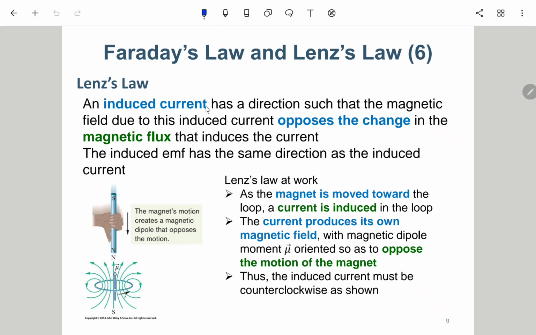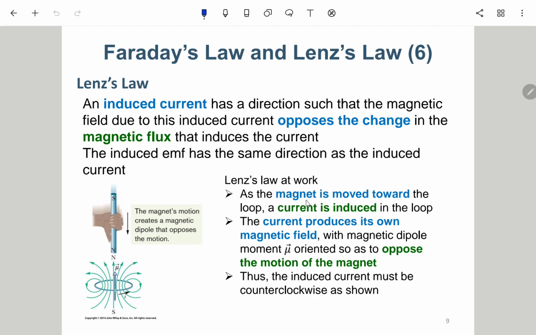Here it says an induced current has a direction such that the B field due to this induced current opposes the change in the magnetic flux that induces the current. 所以是跟改变的方向相反，它不是跟 B field 的方向相反，它是跟 B field 或者是 magnetic flux 改变的方向相反。OK，什么意思？The induced EMF has the same direction as the induced current，就跟它同一个方向。